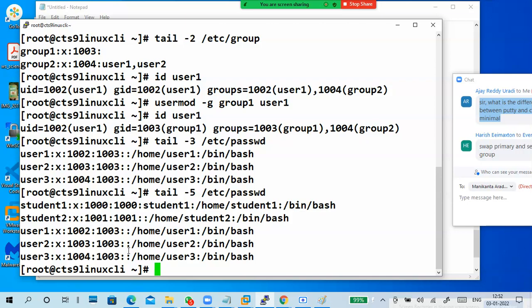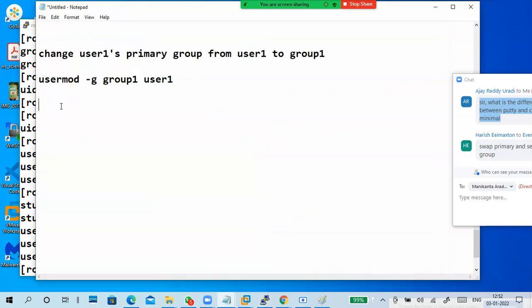Only this one has a comment. So I want to add a comment to user1 like this, a user name.